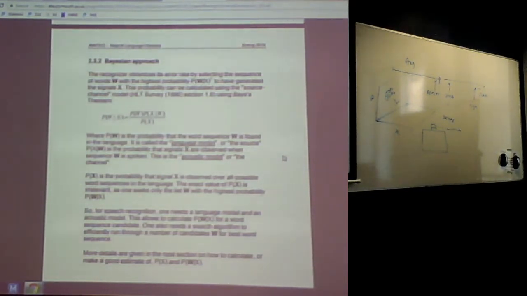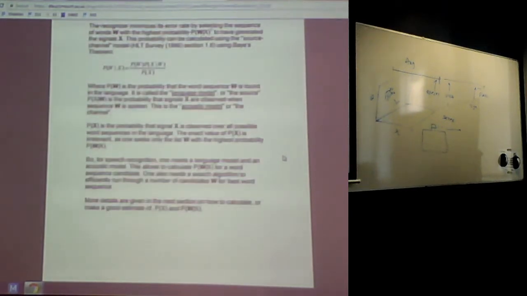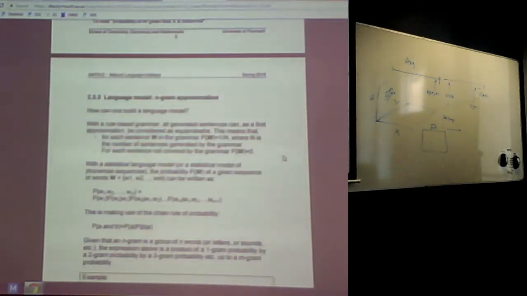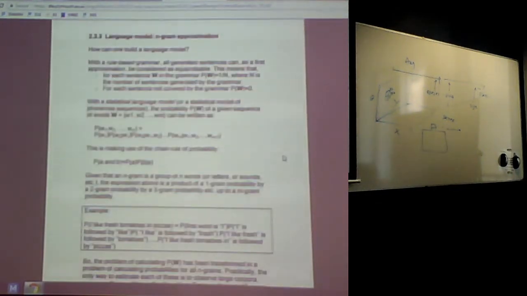So for speech recognition, what do we need? We need the language model and the acoustic model. So more details now on how to calculate this acoustic model. Oh, P of X, this is wrong. P of W is the language model. So the language model is,